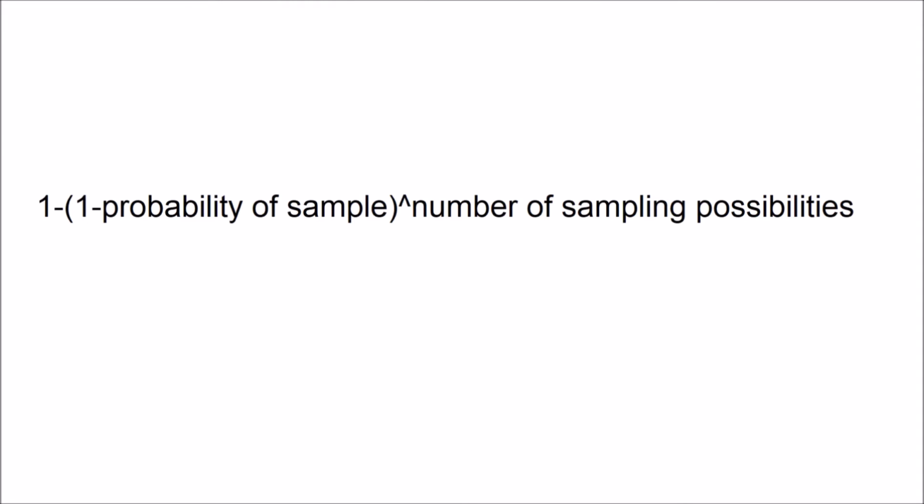Lucky for us, in our thought experiment, we're using a large square-shaped grid, meaning the number of ways of sampling 2x2 squares is equal to the number of squares in the length of the grid minus 1, squared. Now that we have both the variables we need, we can solve the equation by taking the product of our